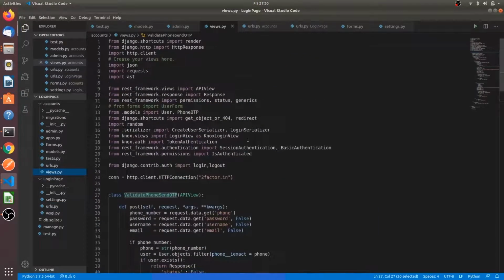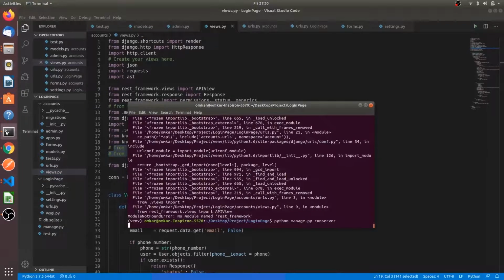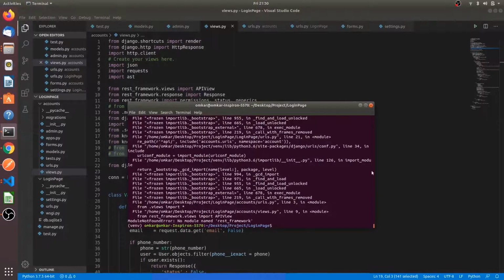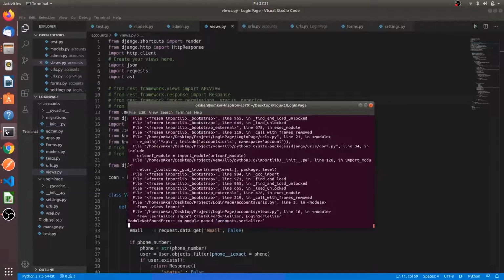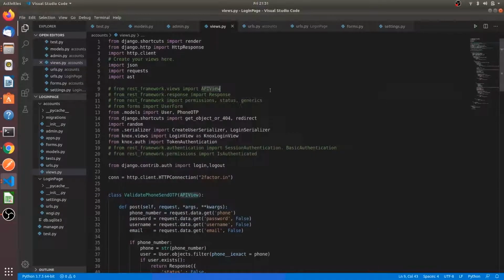We don't need these two lines for now, just commenting them out. Import API view. We don't need these two also for now. Any framework more? I hope it should work fine for now. No module serializers.